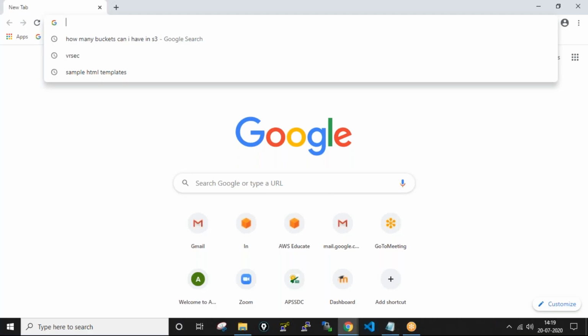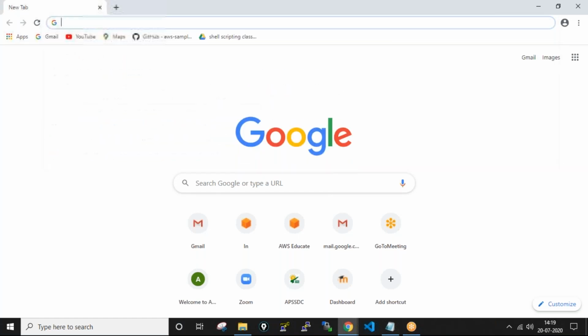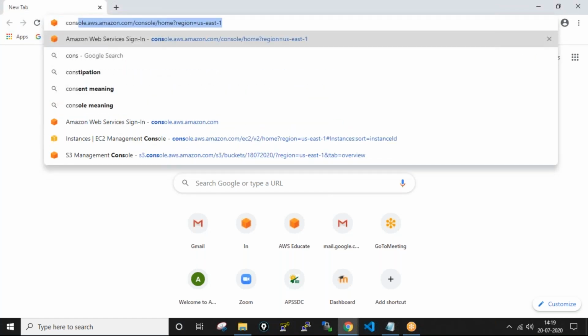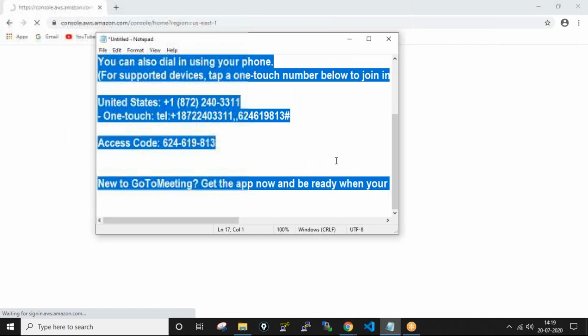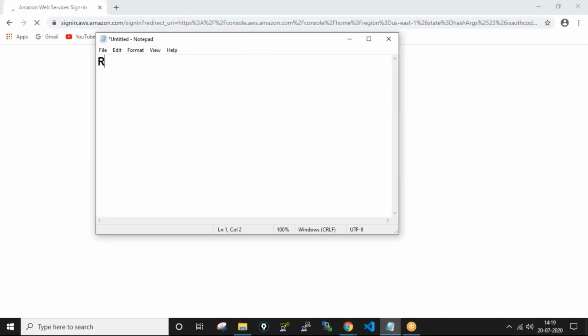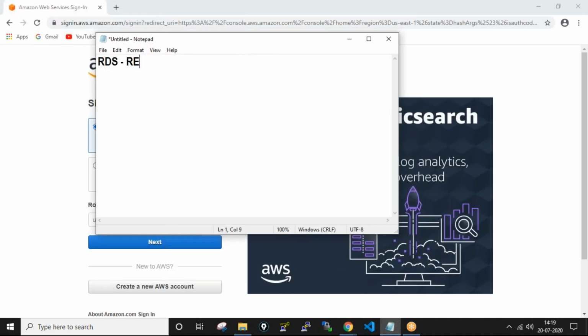So today we will go with the database. So quickly let me open my AWS console. So RDS. So we are going to do about which is relational database service,